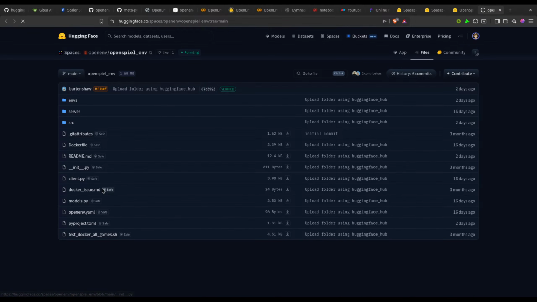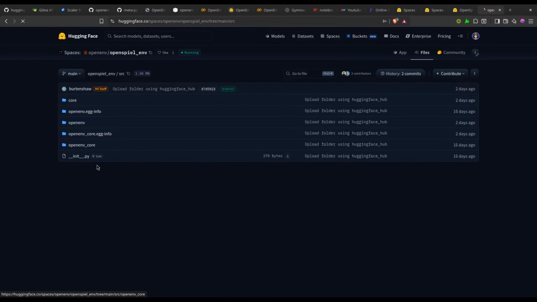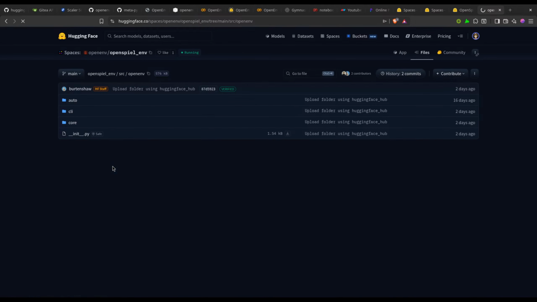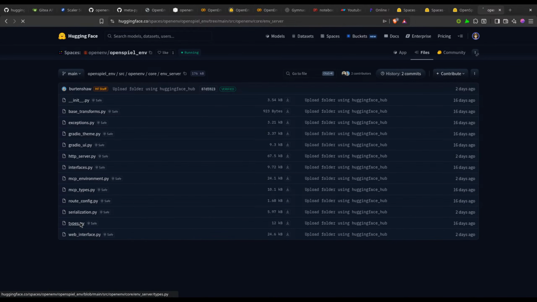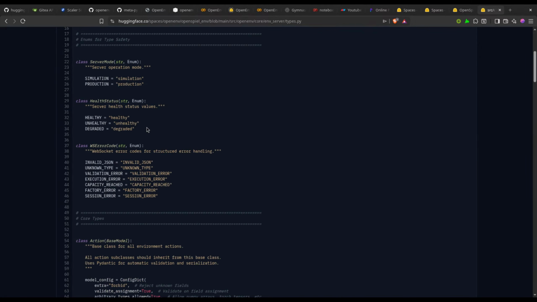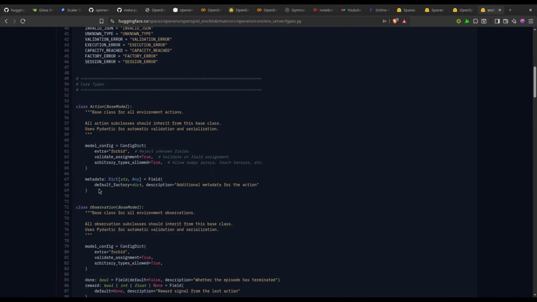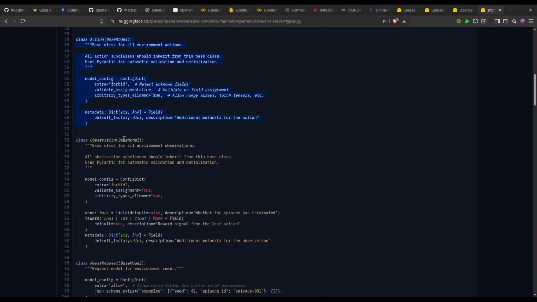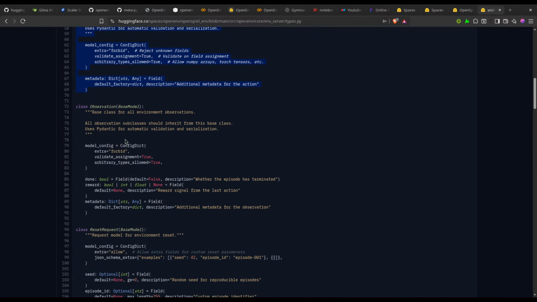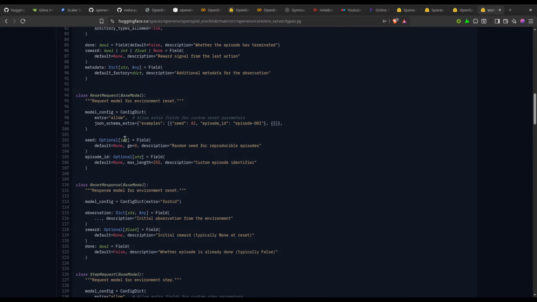What are all the possible game names? Let's see. These are all the possible actions. Meta config, meta address, reset request.